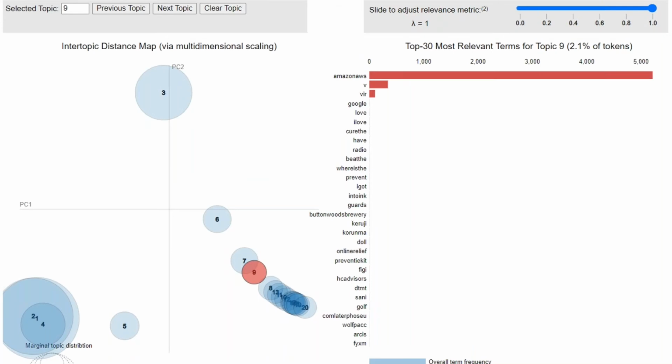And then a specific cluster here in topic 9, there is a high term for Amazon AWS. So many malicious domains here were hosted in AWS.